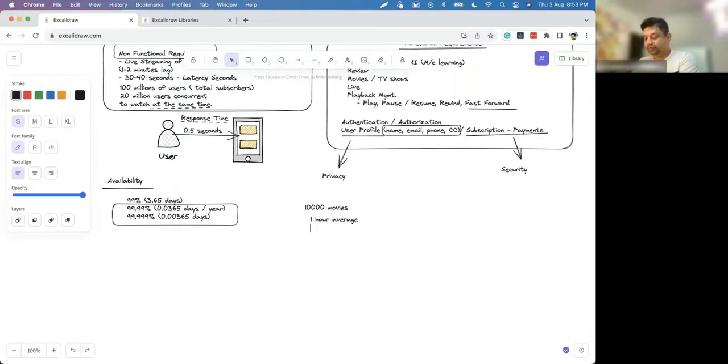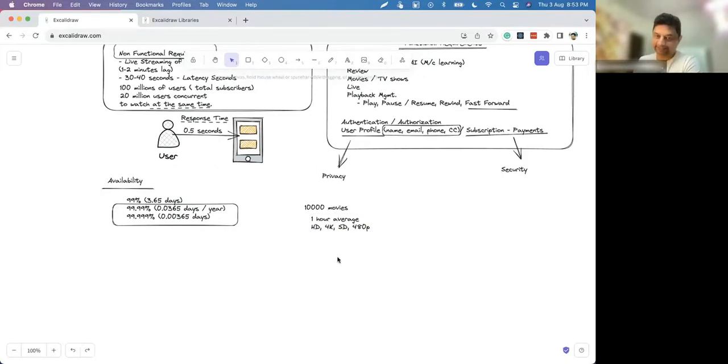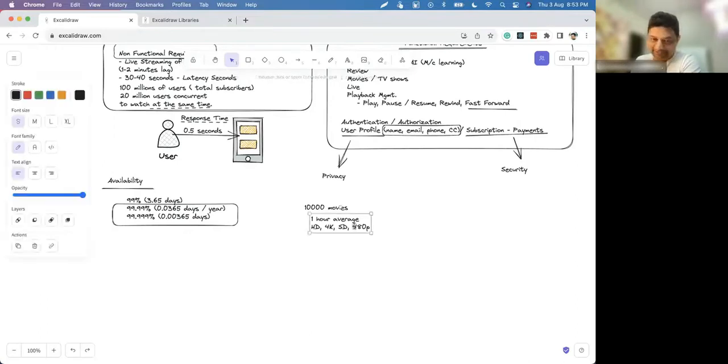You will store HD, you will store 4K, or you will store SD, or even lower resolution, which could be, say, 480p, right? Which resolution should we keep for all the movies? Or do we need to keep all the resolutions?